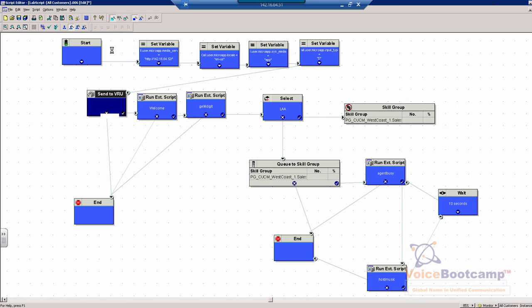Alright, so we're going to join the start to the set variables. This set variables will join to this one. Basically, you're saying that go one after this state, go to the next one, and so on. Now you can always connect, as you can see. Now after the set send to VRU, what we're going to do is we're going to tell the CVP that